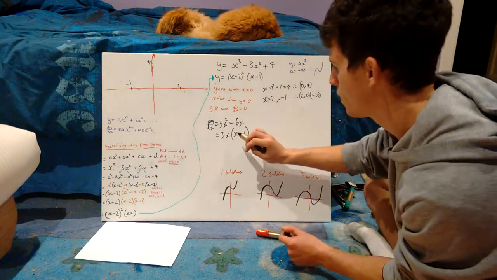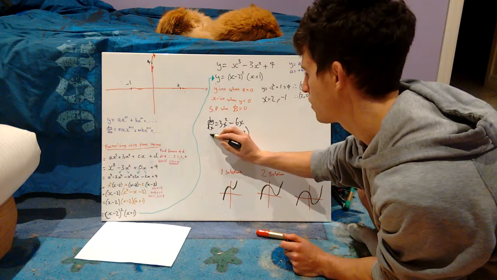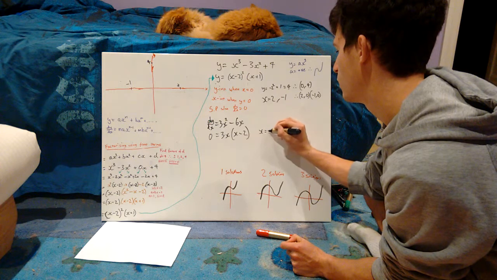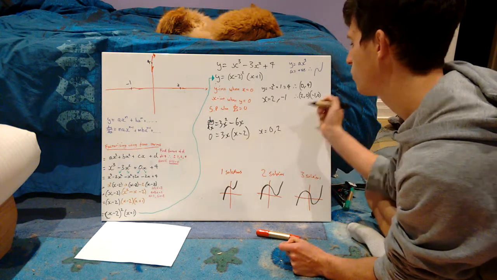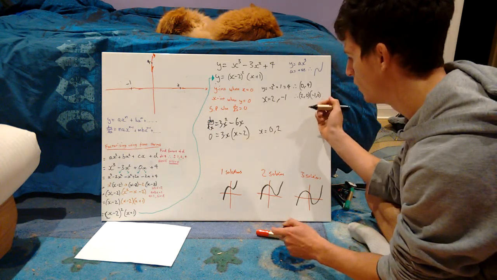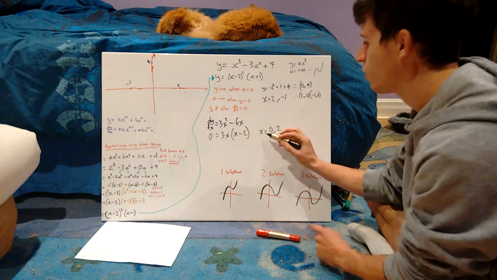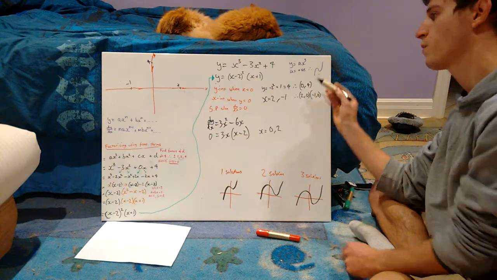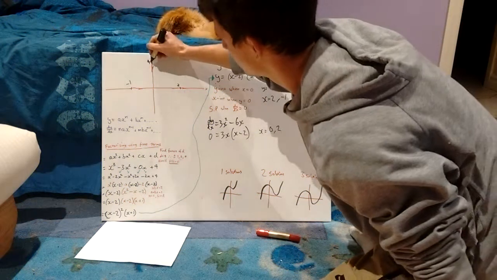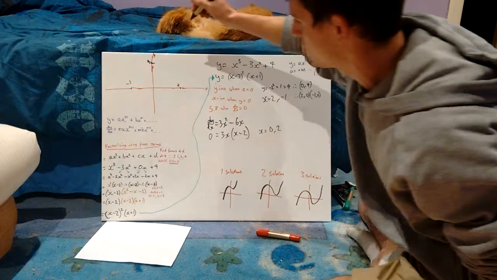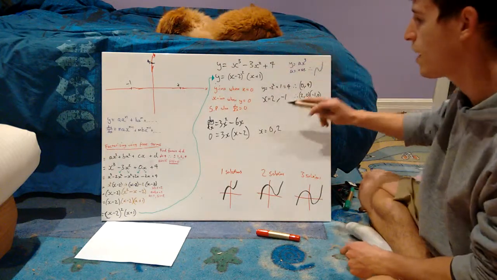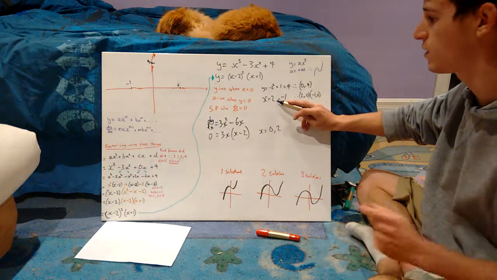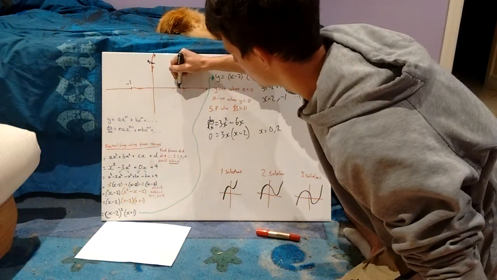So now we need to find when the derivative equals 0. So when that equals 0, x has to equal either 0 or 2. So then we know that when x equals 0, that's our y-intercept. So that tells us this is going to be one of our stationary points, probably our maximum. And when x equals 2, we worked that out when we were trying to find the x-intercepts. So we know that this is going to be our other